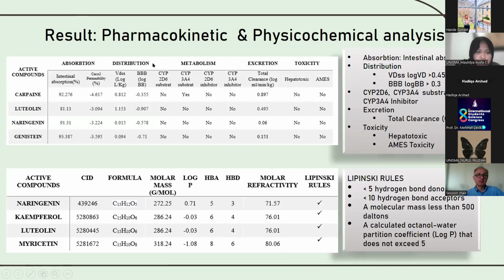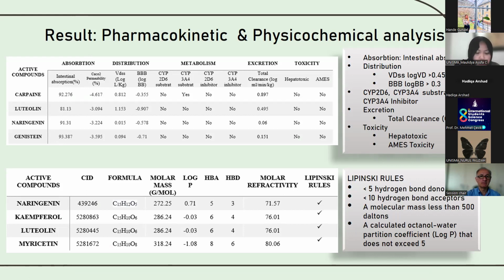Result for the pharmacokinetics in the upper table, for the active compounds of Carica papaya leaf. The indicator for intestinal absorption is good if more than 80%. As we can see in this upper table, the top 4 active compounds have good intestinal absorption because they have more than 80%. And for the distribution, the indicator is PDSS, that is good with more than 0.45, and the